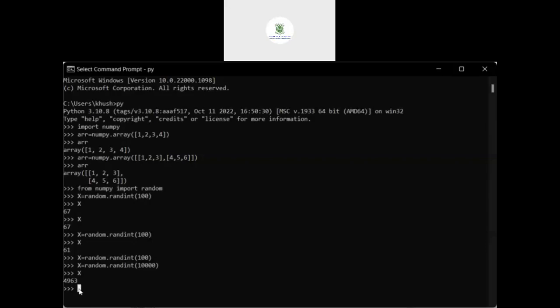Yes, good. The package is same for the random number. See, once you call that one, no need to call once again. If you are writing the program, then every time it should be included. Next line, x is equal to